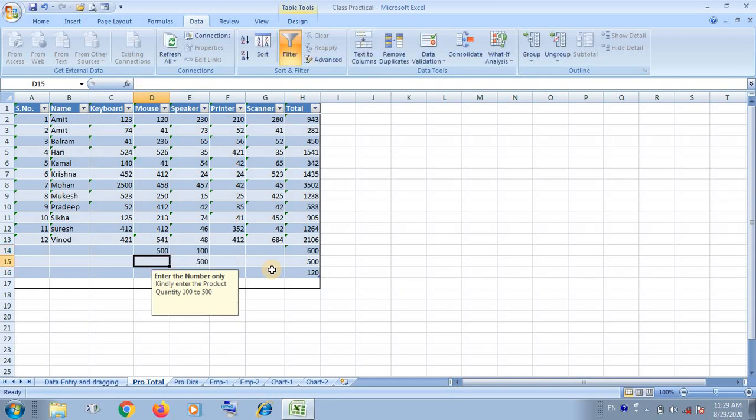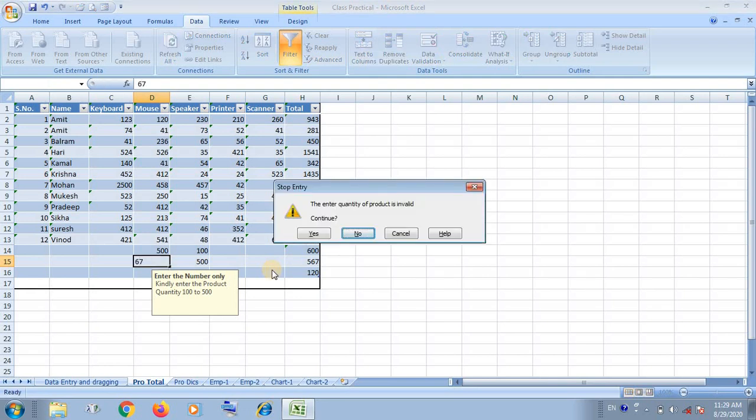If I enter 67, you are looking here, it only alerts you and asks if you want to continue, then you have to select yes.